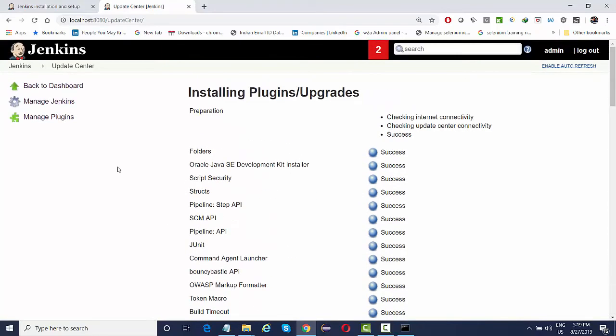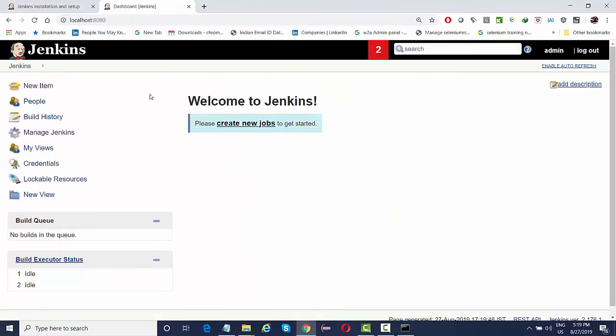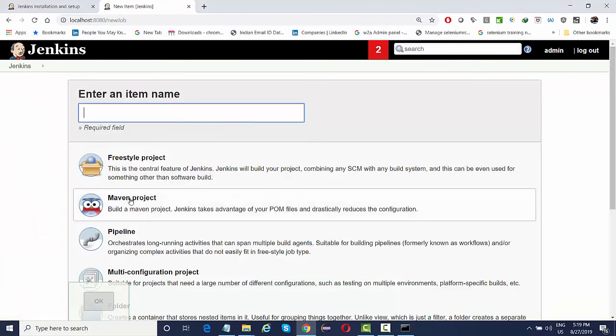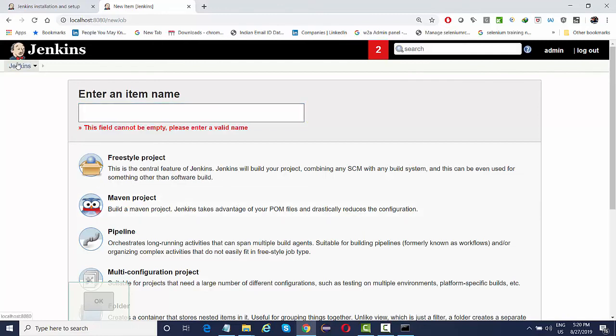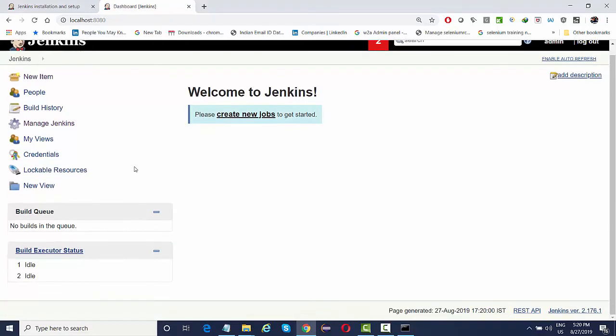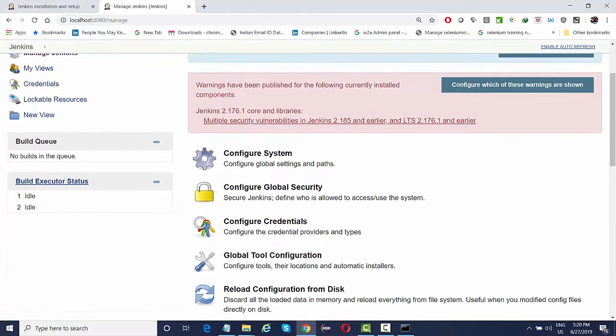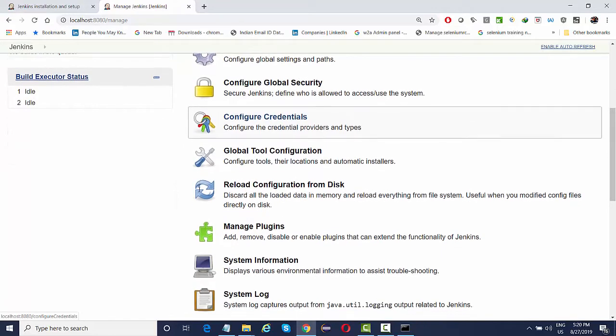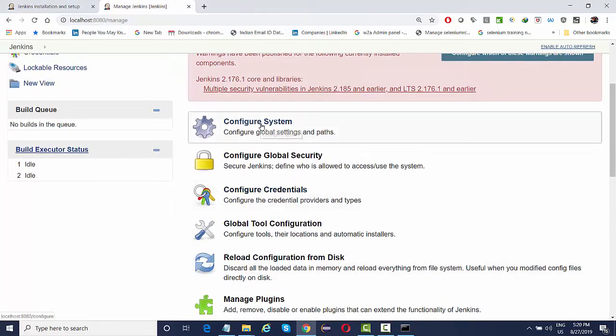So once you install it, you need to go back to Jenkins and simply click on create a new job, and then you should be able to see this Maven project option over here. Right, so this is the very first thing that you need to do. The other configuration that you need to do is, since you will be integrating Maven, you need to tell Jenkins where Maven is configured on your machine. For that you need to go to configure system,